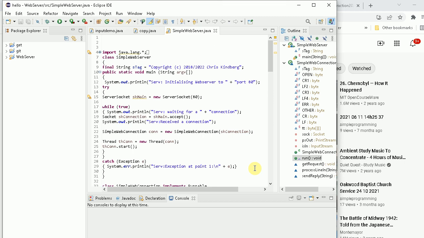I just want to demonstrate the interaction between a very simple web server and my Chrome browser. So in principle, I've got a browser running on my machine, and I want to connect to a web server, which in principle could be running anywhere in the world. For example, in Moscow or St. Petersburg or wherever. So first thing I'm going to do is to run the server,